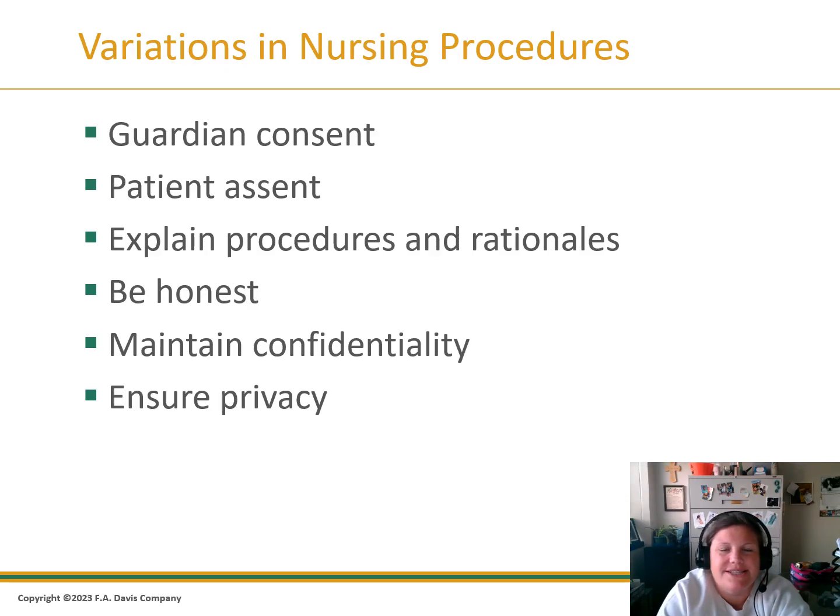Some variations to consider in nursing procedures. We do still want guardian consent. If they're a minor, we have to have it. Patient assent is when basically the patient is agreeing to what is happening. They want this care. There's some definite blur or confusion as far as guidelines, especially in situations like emergency medicine, as to whether the parents have more say than the adolescent does, or if the parents even have to be involved, or if the adolescent can make those calls. And a lot of that is